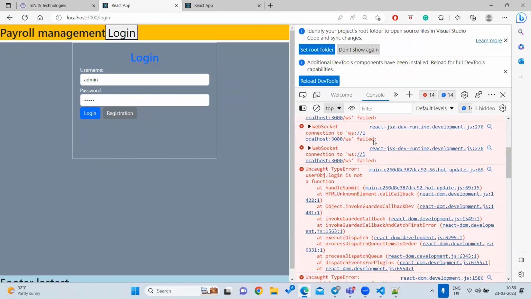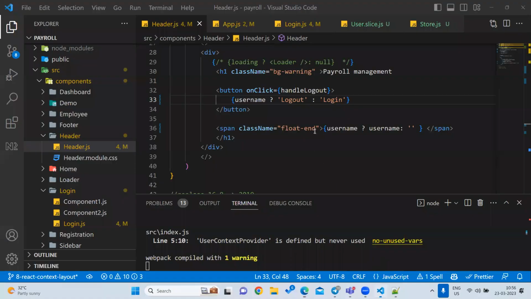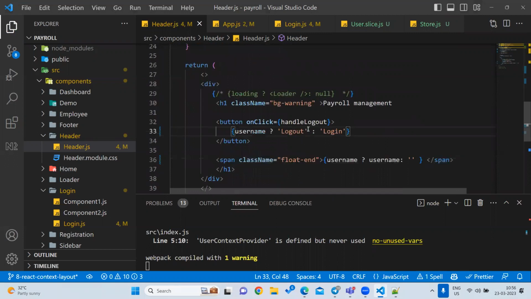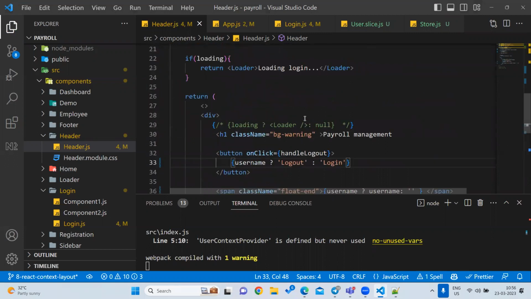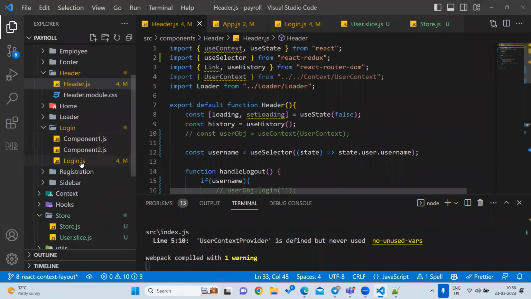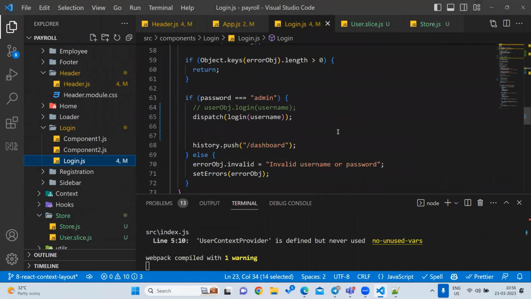Let's go to clear. So login is not a function, and it is throwing an error like user obj data login. This is because of handle submit. Let's go to handle submit. Where is the function? You will go to the login file. So inside the login,